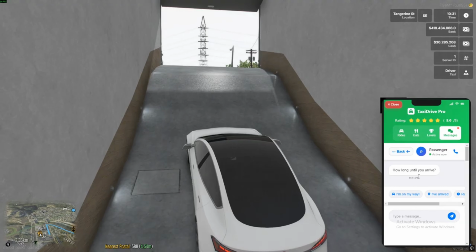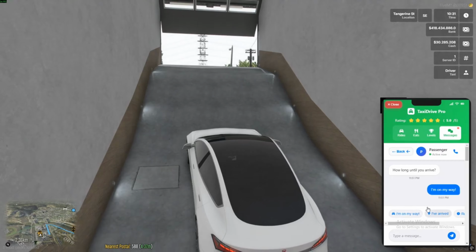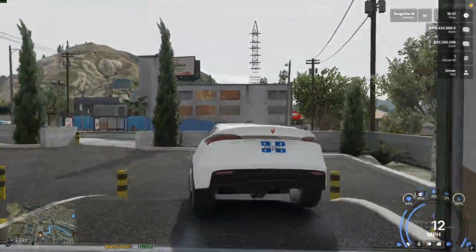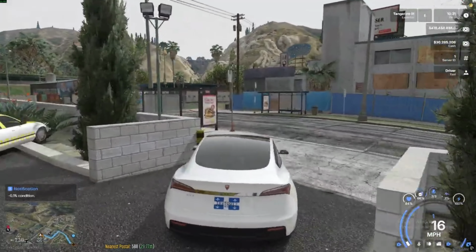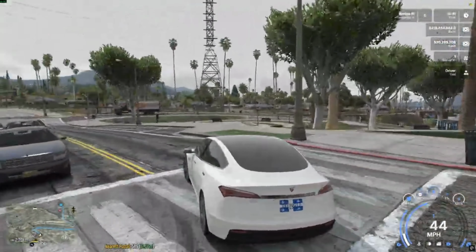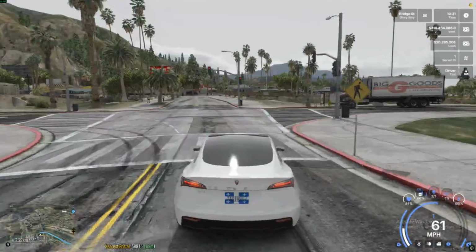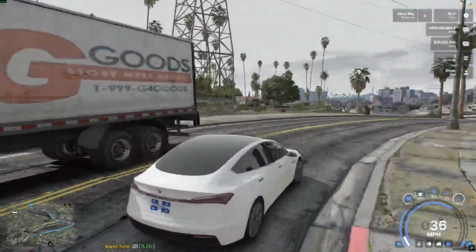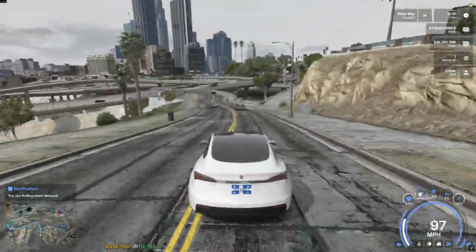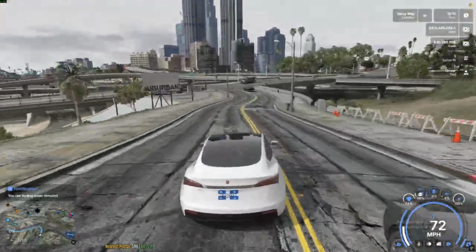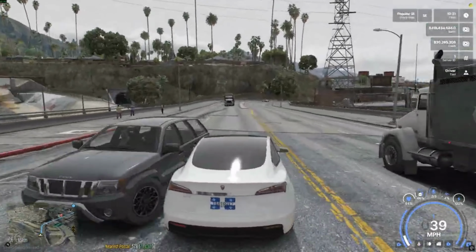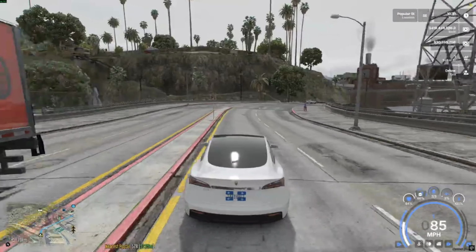With the Uber app, whenever you accept a ride, you'll get a message from the NPC asking, I'm on, how far are you? You can reply, I'm on my way. I've implemented message replies, so there are negative, positive and neutral ones. Depending on how you reply, your money will be deducted or increase. If the customer is satisfied with your reply, your money will increase. If the customer is dissatisfied, meaning a rude response, your money will be deducted from your account.